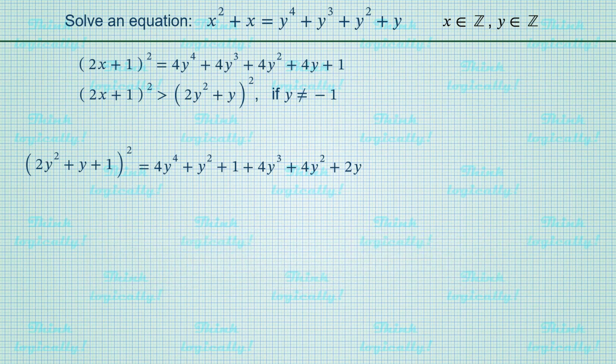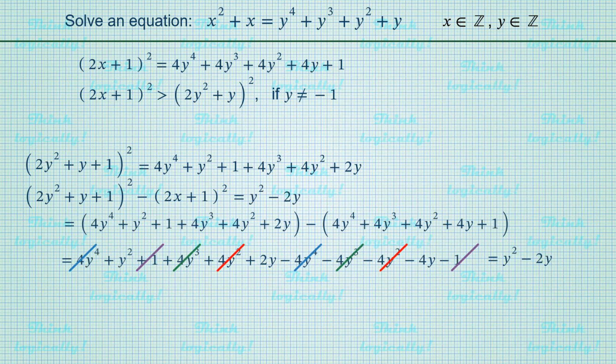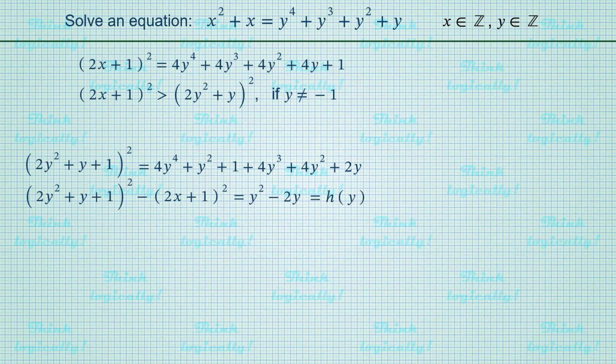Now let's subtract from the obtained equation the equation for (2x plus 1) squared. After expanding the brackets and huge cancellation, we end up with just y squared minus 2y, and name it h of y for short. Using this notation, we can write (2x plus 1) all squared is equal to the square of (2y squared plus y plus 1) minus h of y, where h of y can be expressed as